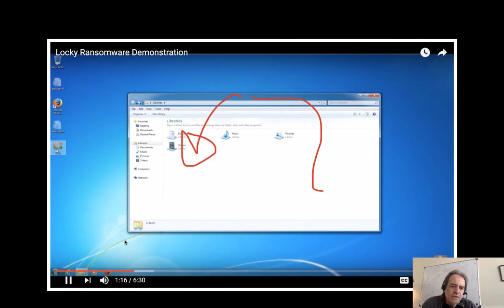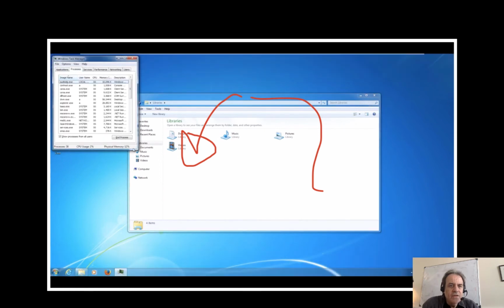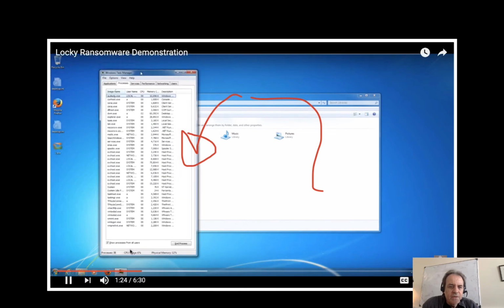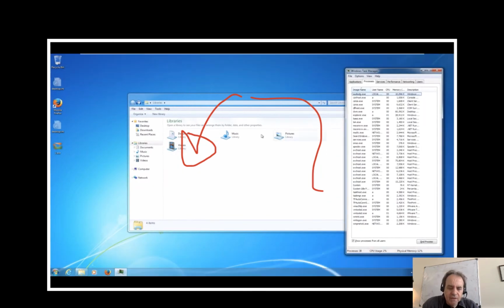So this is a real life infection here with Locky. You actually find when the ransomware is running, it really doesn't give a lot of feedback in its operation. So you can see Locky's been run here, and we don't really see that much activity on the machine.